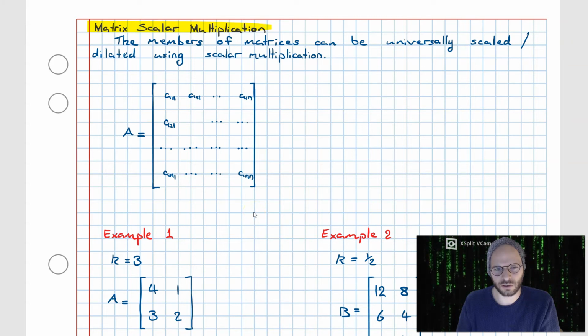Welcome to this video on the topic of matrices. In this video, we'll be having a look at how we can apply scalar multiplication to matrices. Now, scalar multiplication is simply a way in which we can scale or dilate every single member within a matrix